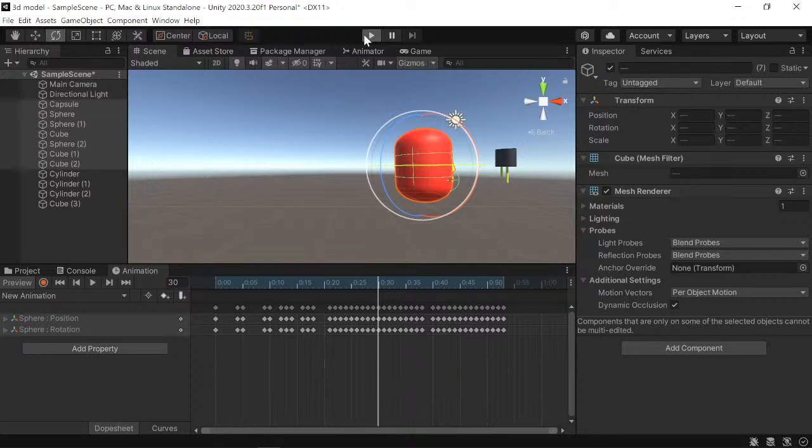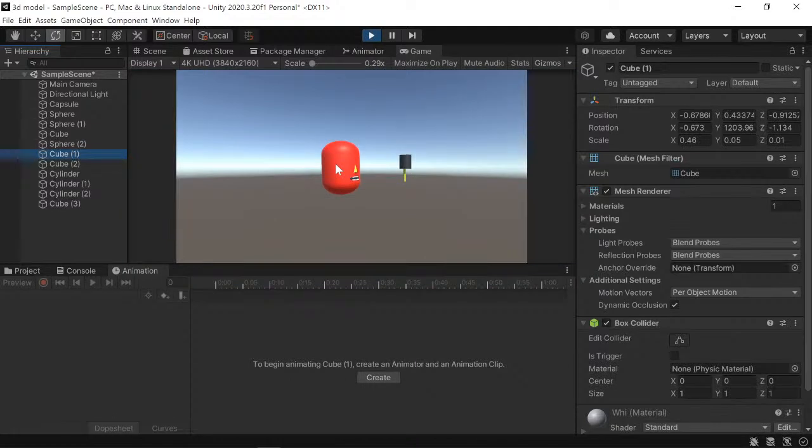All the models are rotating, but since we are viewing it in 2D, we won't be able to see it. Okay, so like this we will be creating the animation models